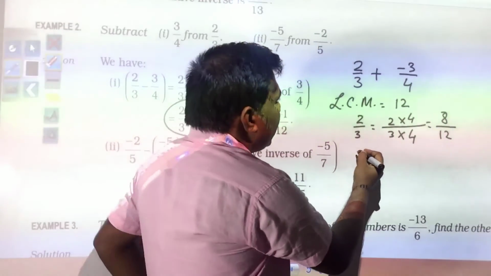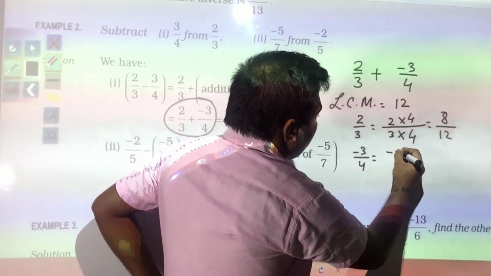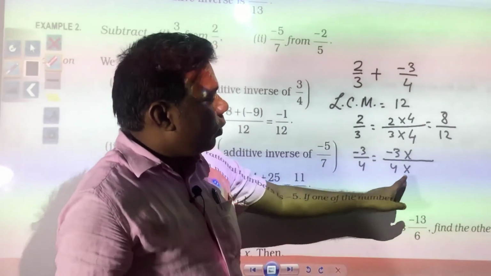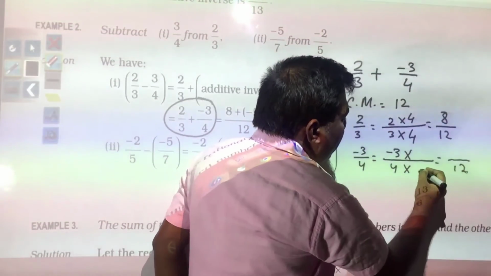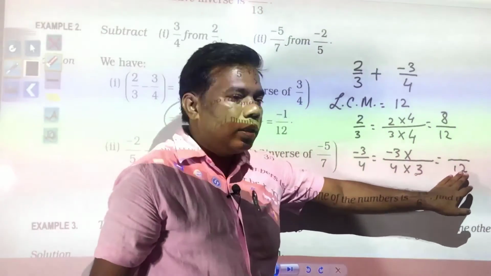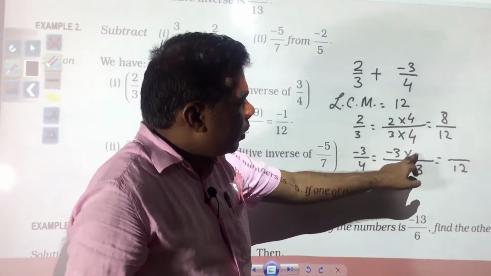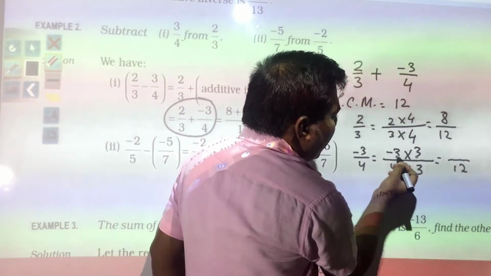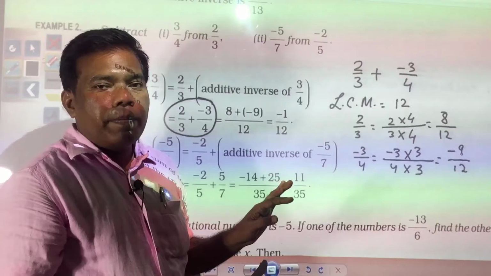So, here you have minus 3 by 4. So, just you write minus 3 by 4 is equal to minus 3 by 4 into what number will be required over here, so that we will get 12? So, we need to multiply 3 with 4. So, 4 threes are 12. Now, 3 we have written ourselves over here, so here also 3 will be required. So, 3 threes are 9, but here you have minus, so you will get minus 9, minus 9 by 12.